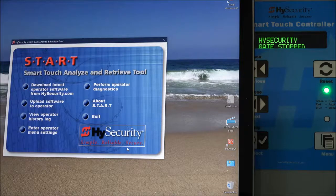Okay, and the Smart Touch controller is the main circuit board in not only the slide driver, but in the strong arm, the swing riser, the hydro lift, the hydro swing, the strong arm M30, M50, HydroSpy XL. So all those hydraulic gate operators use the same main circuit board, the Smart Touch controller,